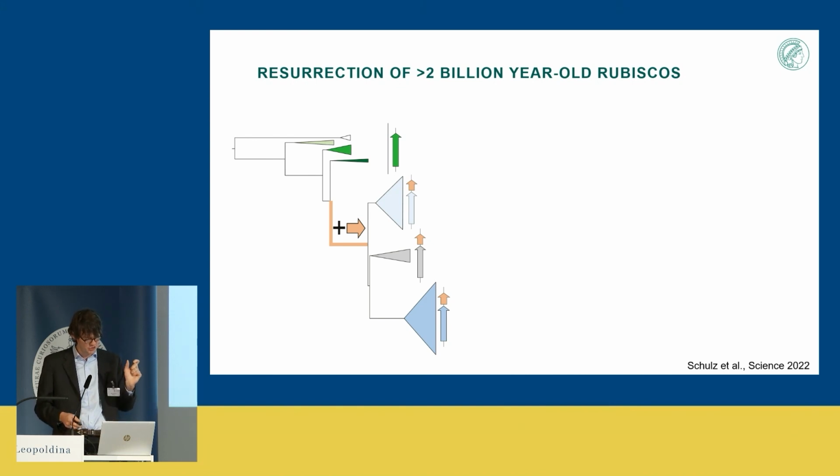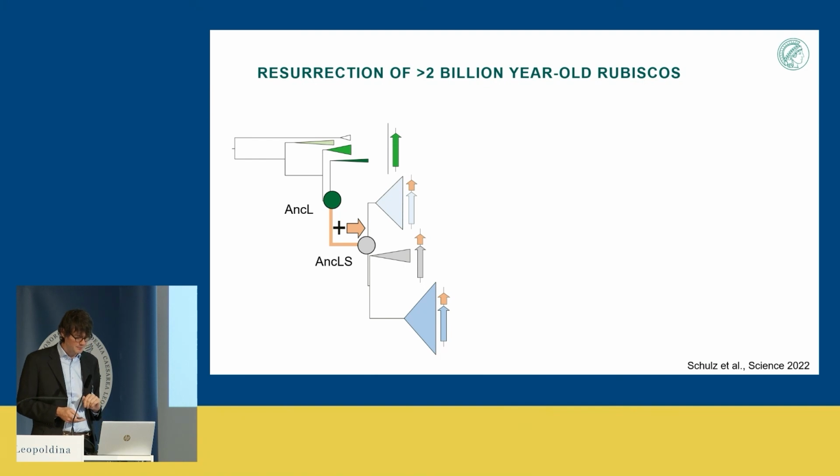There are these large and small arrows. And next to them are their distant cousins that lack this subunit. So we could time the acquisition of this novel component to the phylogenetic interval that's highlighted here in orange. And that allowed us to infer the sequence of 2 key ancestral proteins. One of them I'm going to call Ankh-LS for the ancestor of a Rubisco that had a large and a small subunit. And the other one I'm going to call Ankh-L, which is its immediate predecessor that was lacking this